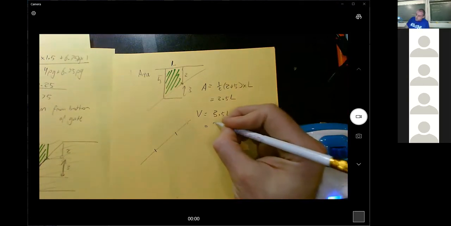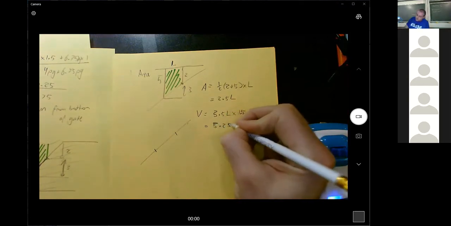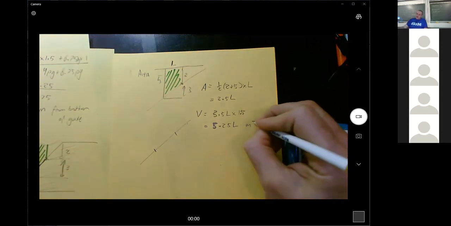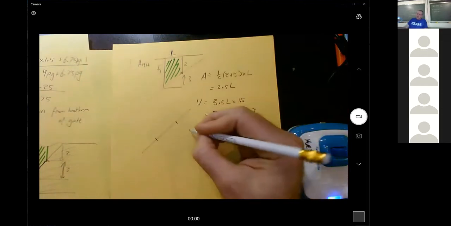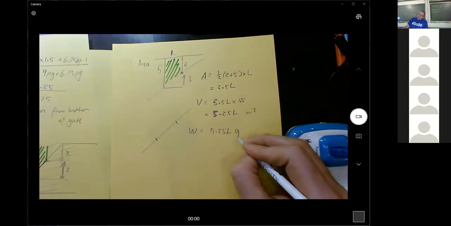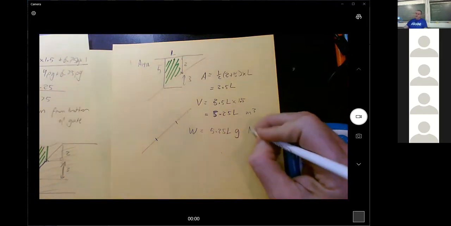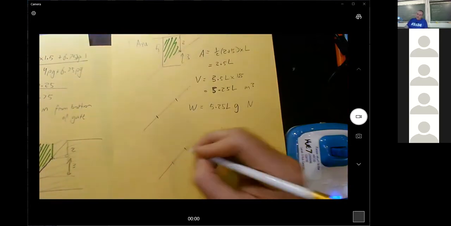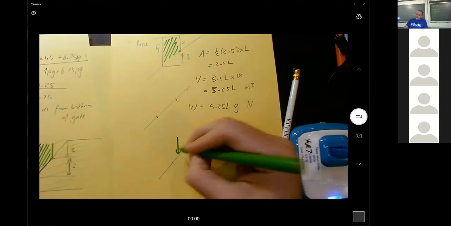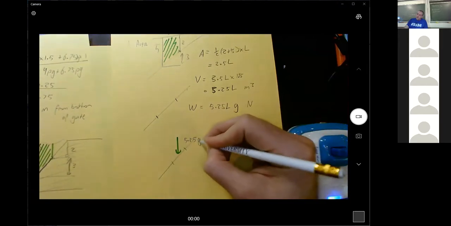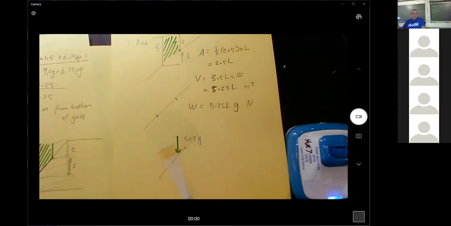So 5.25 times L. That L is not litres, it's a length. Just so that many metres cubed. And so therefore the weight is 5.25 L times g, newtons. So I now have this bit pushing down, which is 5.25 g, and this bit pushing sideways,